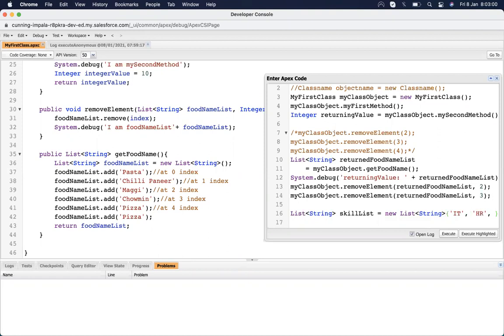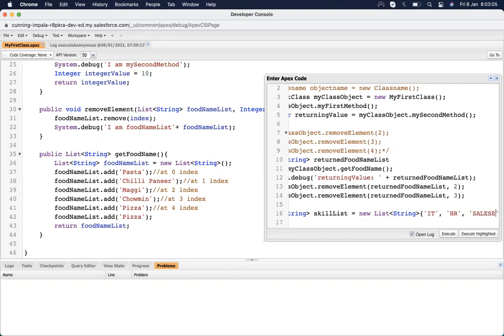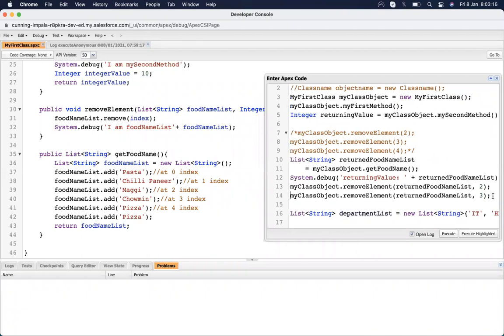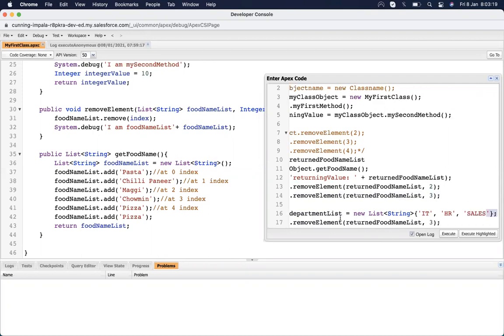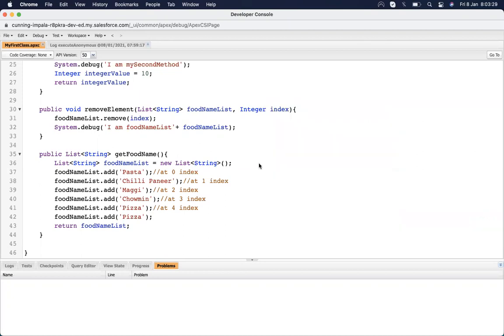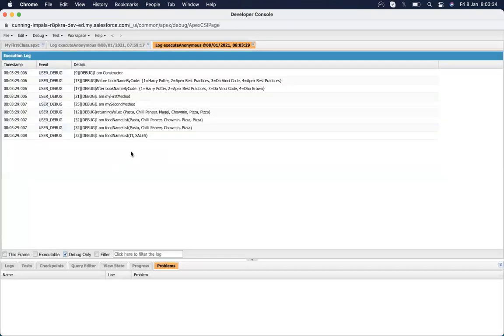HR. Sorry, it should be a department list. Okay, department list. And if I call this method, HR will get removed. Let's execute it. You can see that HR got removed.